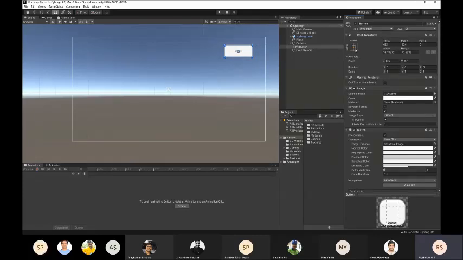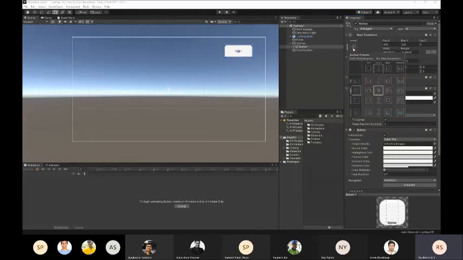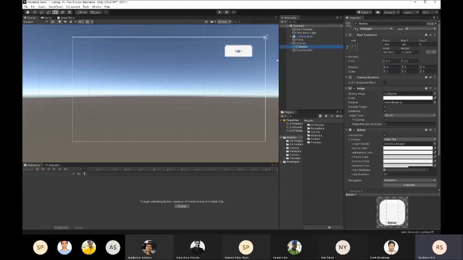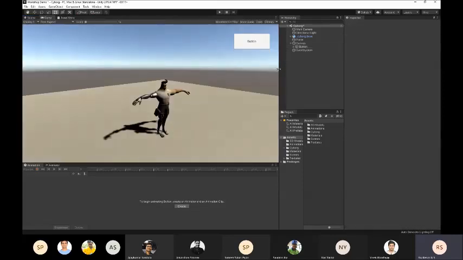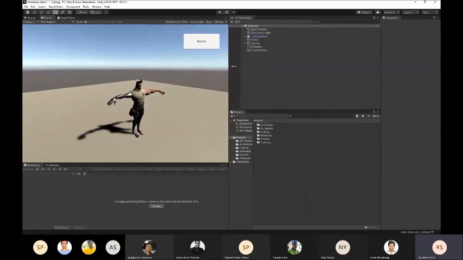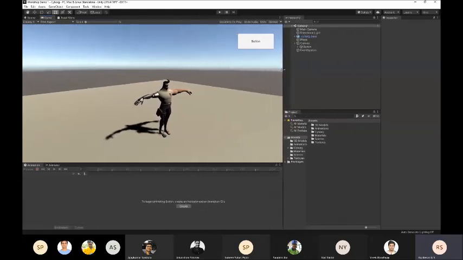For that, we need to click on this tool over here. You can see that it's anchored to the center. Click on this, select right corner. It's this one, right? So you can see those 4 triangles move to the right over there. Now your button is anchored to the right. I'll move this button a bit more. So now if you were to change your game view, your button will always be that much distance from the right corner.